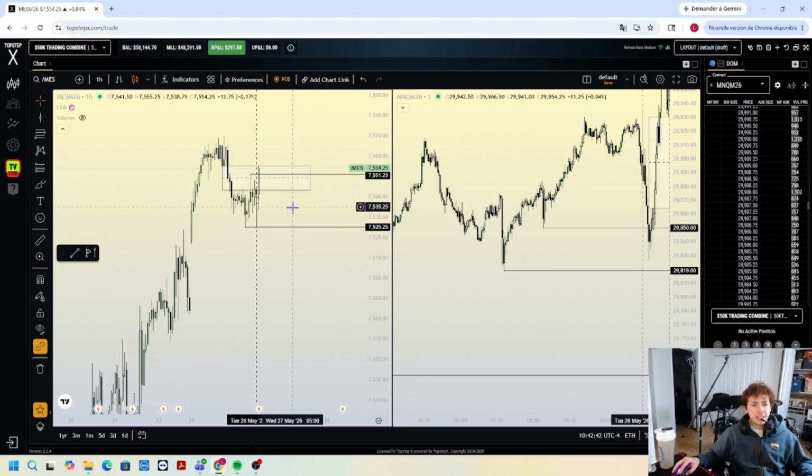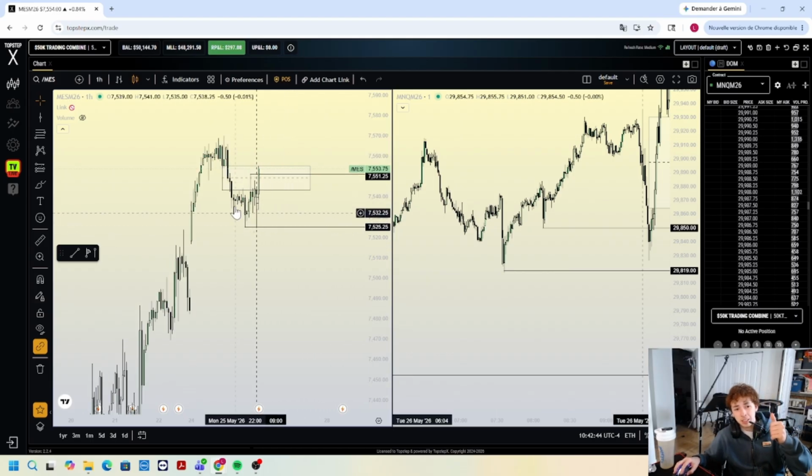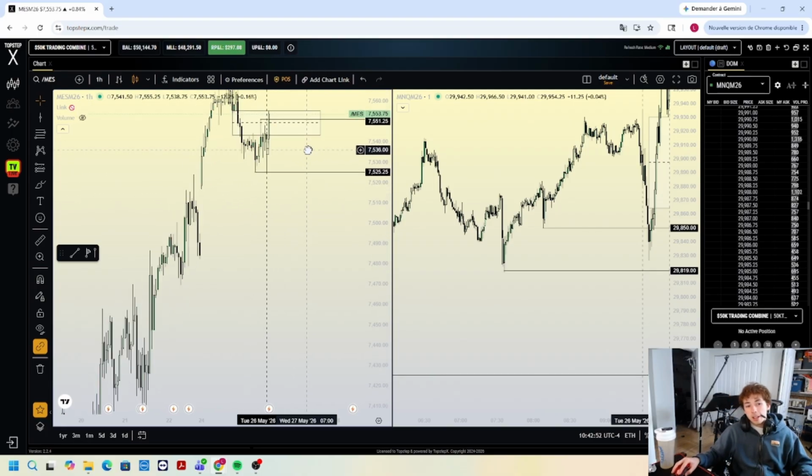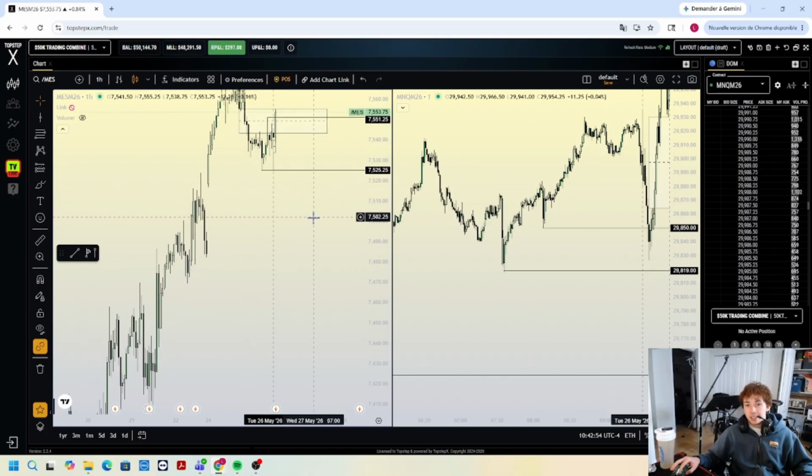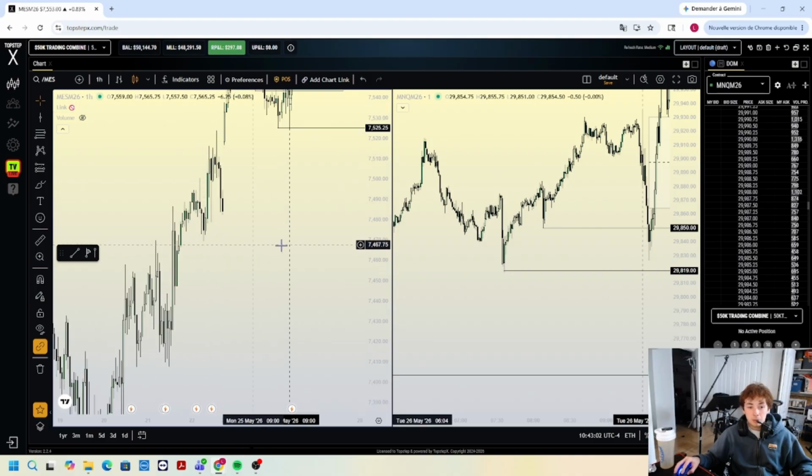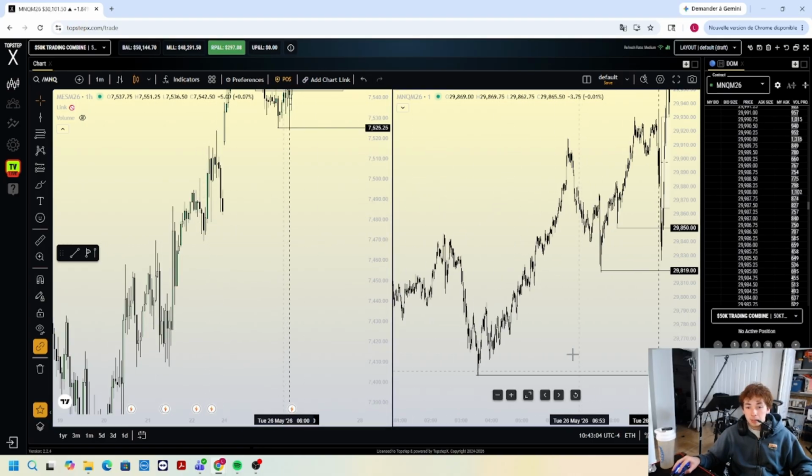And that's one, pretty unlikely after we've hit this gap right here and already started a move up. And two, if that was the case, then I wouldn't have really any opportunities to trade because I have no clear draw on liquidity. The next draw on liquidity is probably this one over here, and I'd have to look at what